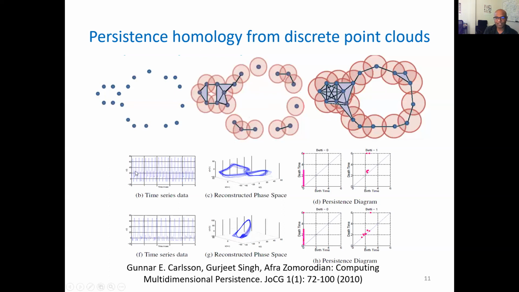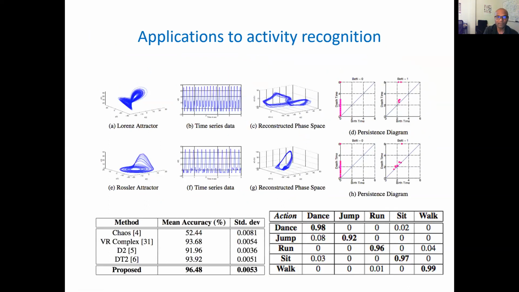So this is time series data from one of the dimensions of the Lorenz and the Rossler attractor, and recoveries of those two attractors through time delay embeddings and its topological features computed in terms of persistence diagrams. We see that there are some noisy features, which are the points near the diagonals, but then the two major lobes, the two major holes, are available as significant features in this case as well as in this case. There is this one significant hole that appears, one significant cycle.